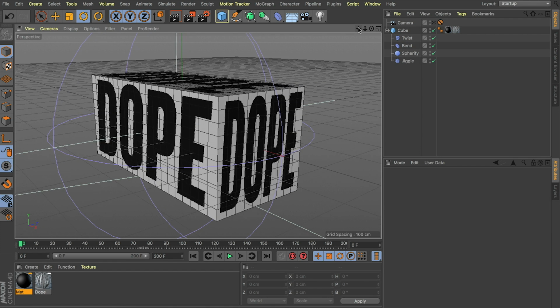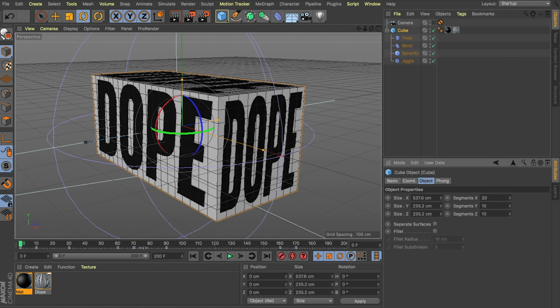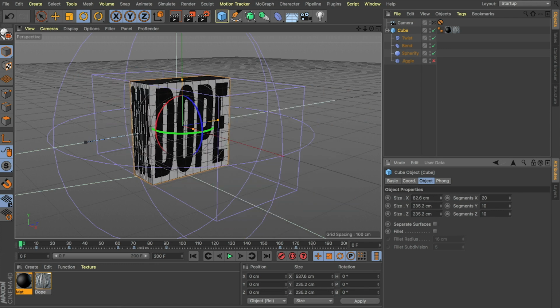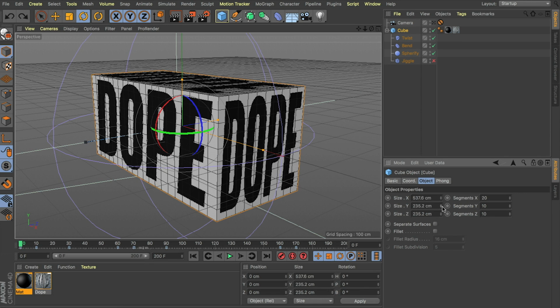But what the really fun thing is, all this at the moment is just done on a primitive cube. So at any point we could come in here and manipulate. Just turn the jiggle off before making any changes, as it might not make the updates live in the viewport for you. But at any point we can come in here and completely change the parameters of this cube. And I think that's really powerful.